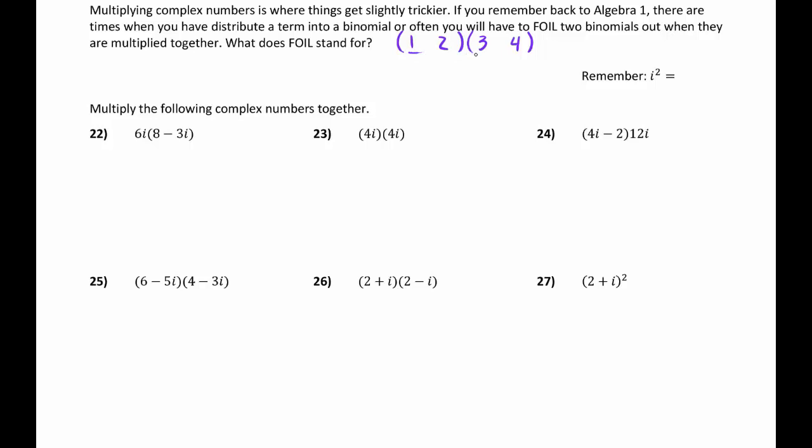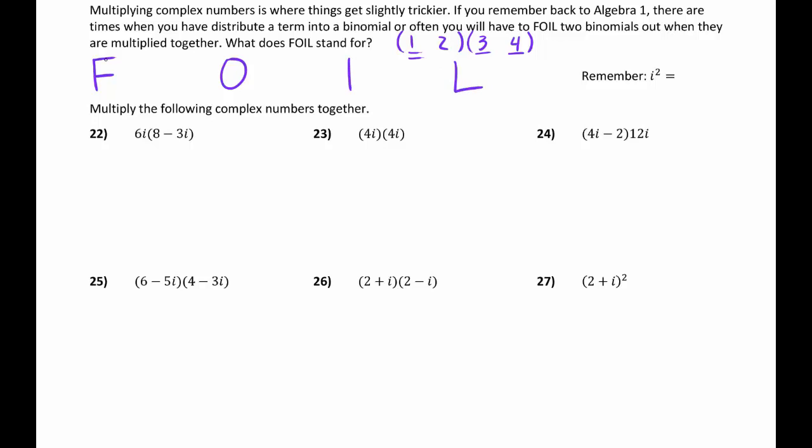And so this 1 needs to get distributed both to the 3 and to the 4, okay? And so there's a nice way to make sure that we aren't missing any possible combinations of these things. And so it's a 4-letter F word, which be careful what 4-letter F words you say in your head, but it's FOIL,